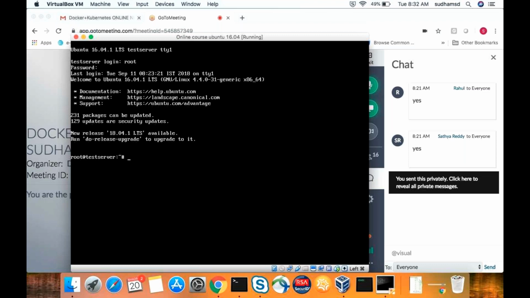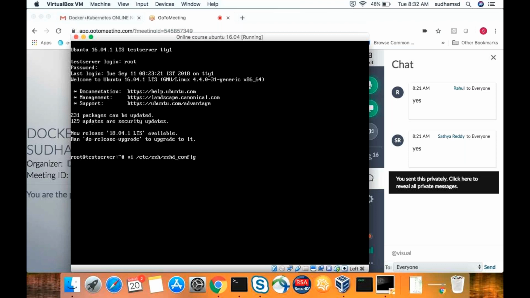So we need to enable it. vi /etc/ssh/sshd_config. The D is for daemon. You get this file only when you install a package called openssh-server, which we installed while installing the operating system.